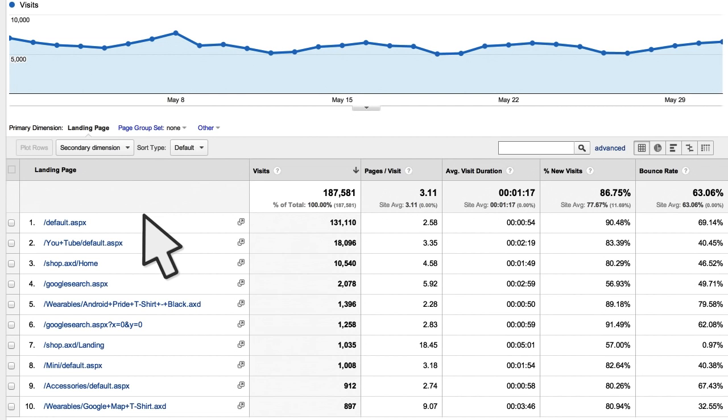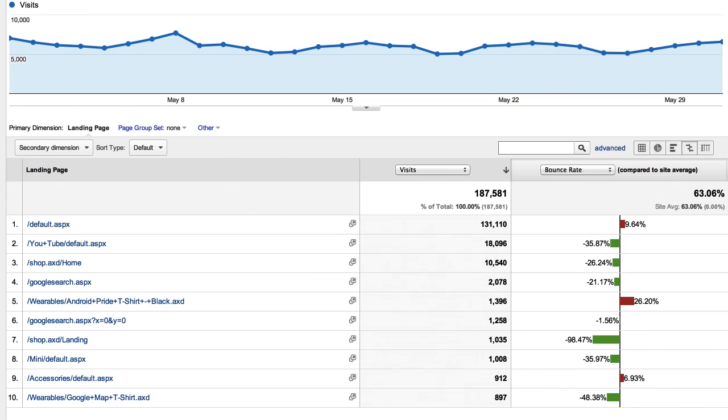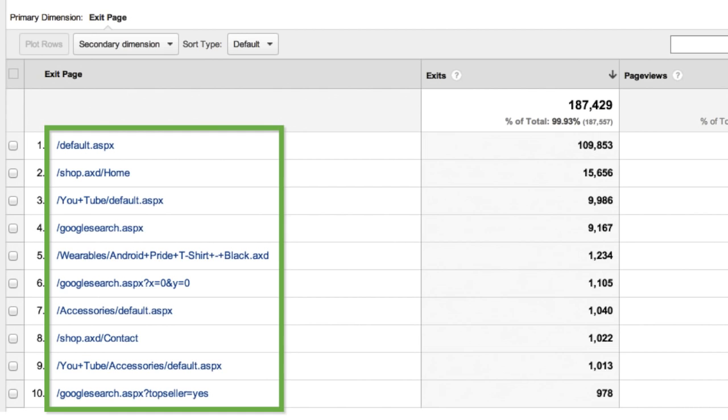The Landing Pages report lists all of the pages through which people entered your site. You can use this report to monitor the number of bounces and bounce rate for each landing page. Looking for high bounce rates in this report can help you identify which pages need to be redesigned to be more effective. The Exit Pages report shows you which pages of your site were the last pages of a user's